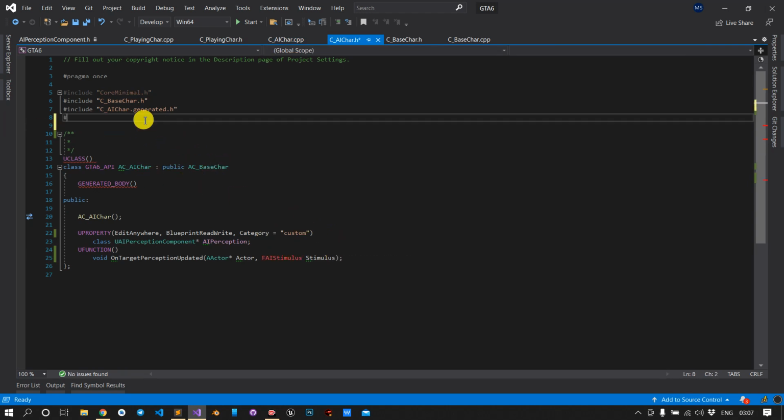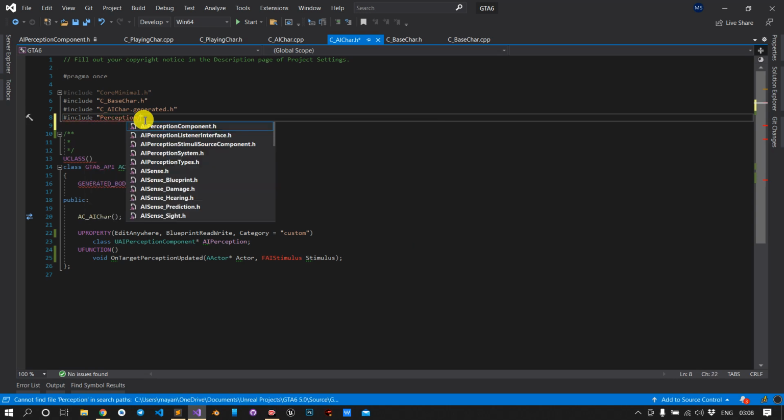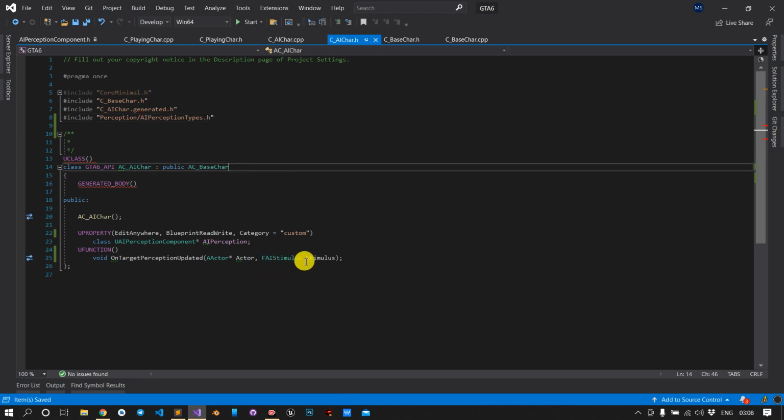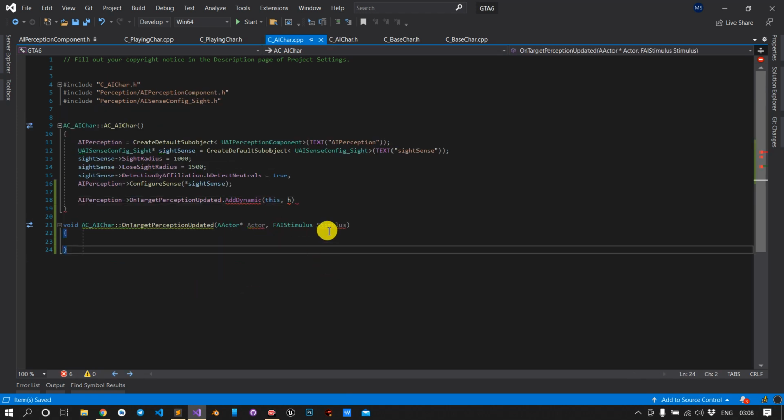Just hash include, you know the drill. For the Google one, you can do that also, but I'm just writing it directly because it is over time. AIPerceptionTypes. Control save. Now we have this definition.